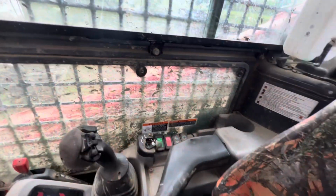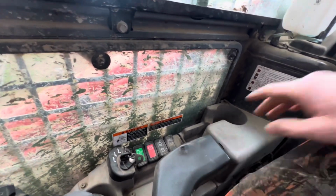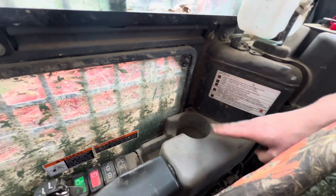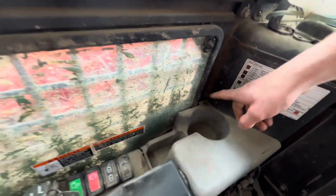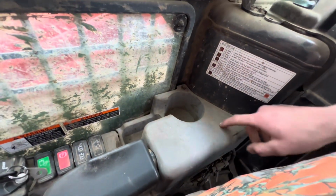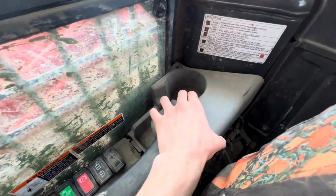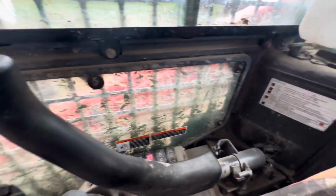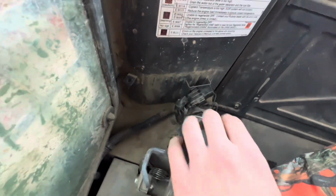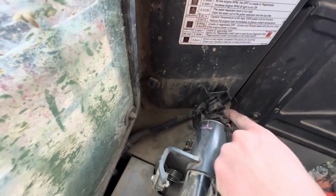So we're back in the machine. Now we're going to need to locate our diagnostic port. On this Kubota SVL75, there are three 10mm bolts holding in this cup holder, and the diagnostic port is underneath of it. So there's one here, one there, and one back down here. We're going to pull that off, and then we're going to disconnect the diagnostic cable. So you got those bolts removed. You're going to want to pull this up and out, set that off to the side, and locate our diagnostic port, which is right here in the corner. You're just going to want to pull up on this, and that will unplug it,